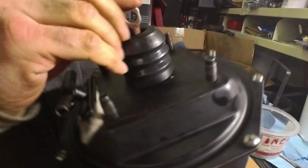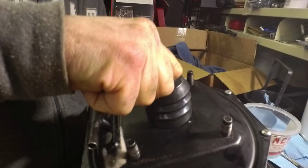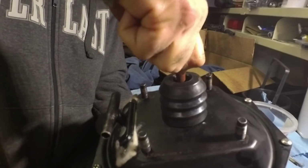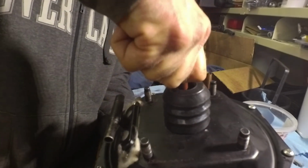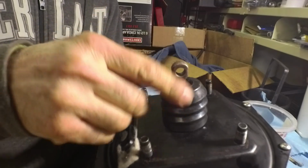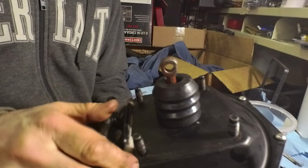See if I can get a better close-up of that valve movement here. Whoops. You can hear it. That little slapping noise in there. There. I'm holding this steady, and now you can see the movement. It's like a 1/16 of an inch. And I didn't get it on camera, but I took the thing apart to that level, and you could see the little inner piston in there that moves. So anyway,